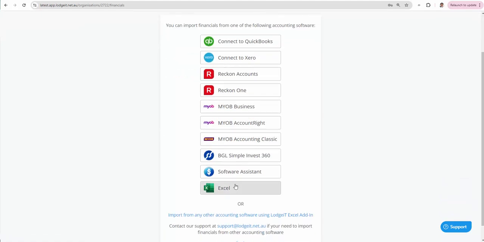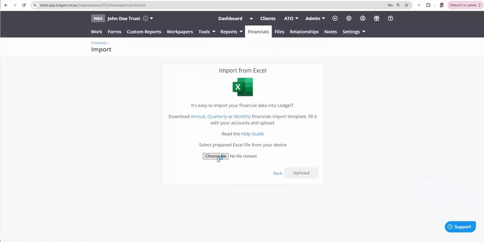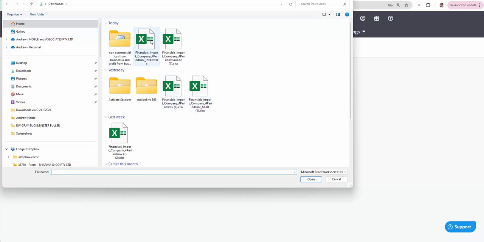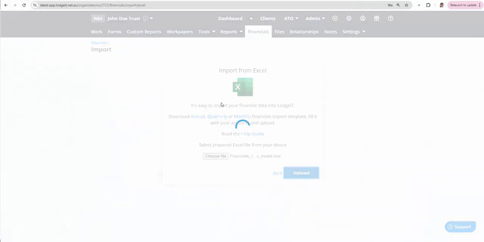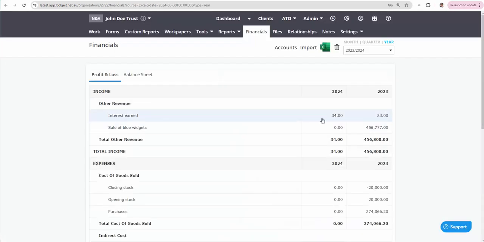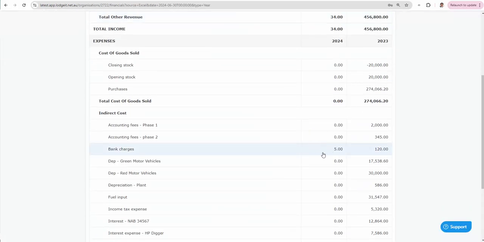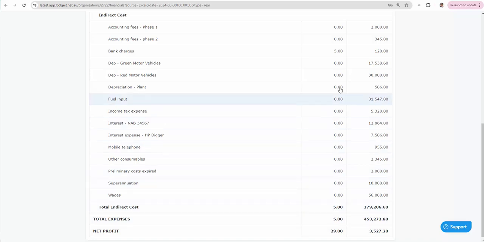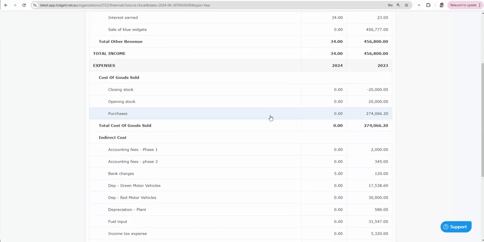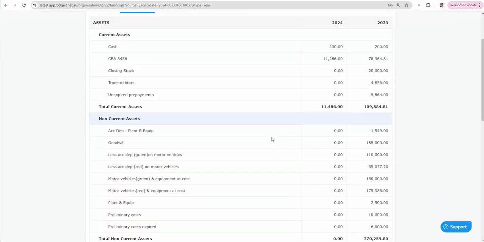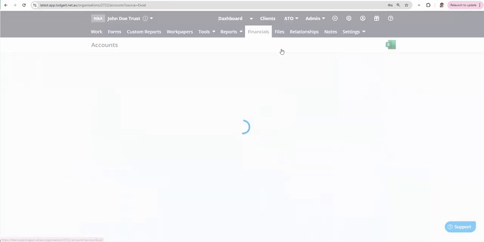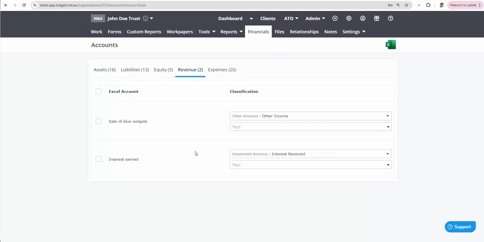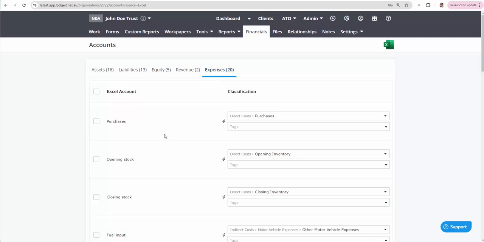So for our trust, I'm importing a balance sheet and profit and loss with some basic investment income in it. And you'll see in a second that all we really have is some interest and some bank charges associated with the interest, and not a lot on the balance sheet. So this really is an investment vehicle. We've classified that revenue as interest, and the bank charges,